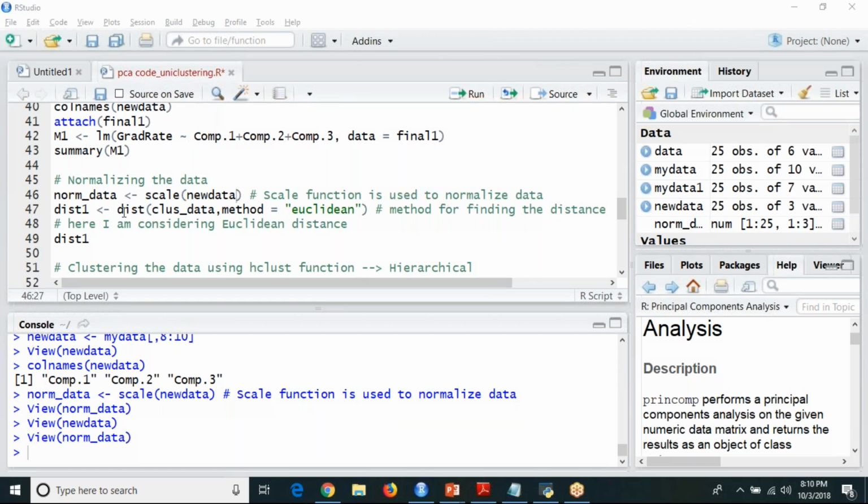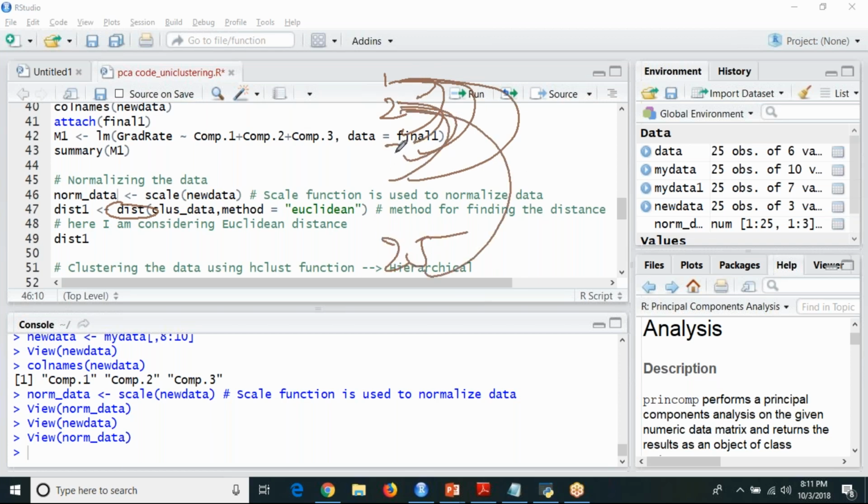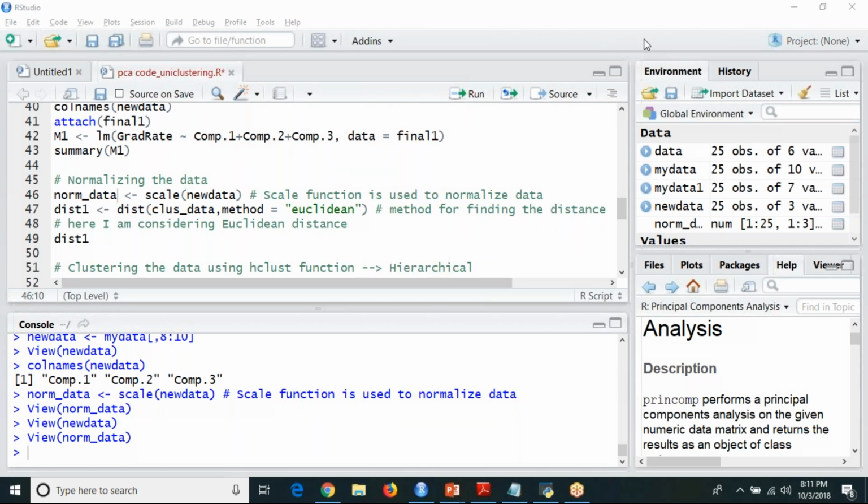Now, after doing this norm_data, I am going to calculate the distance from the first university to the second, first to 3, first to 4, first to 5, like this up to 1 to 25, next 2 to 3, 2 to 4, 2 to 5, until 24 to 25. I need to calculate the distance by using a function called dist. Dist is a function to calculate the distance between the records. I need to change my data set name from class_data to norm_data, or else you can directly pass your new data also.